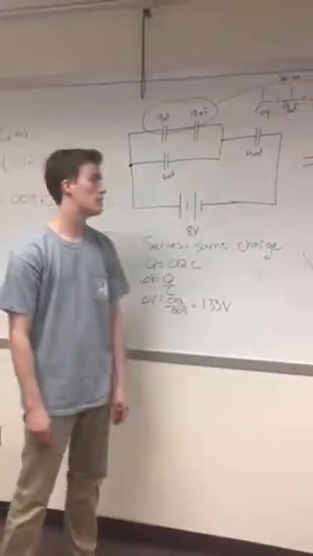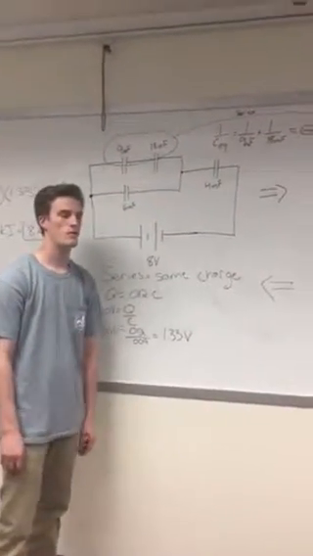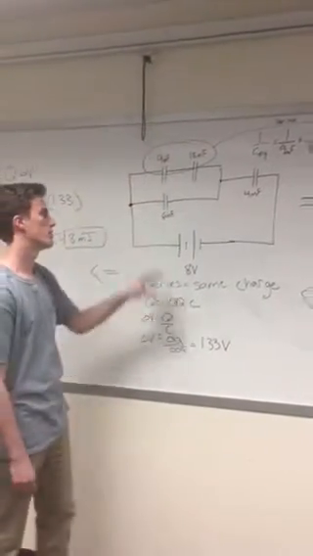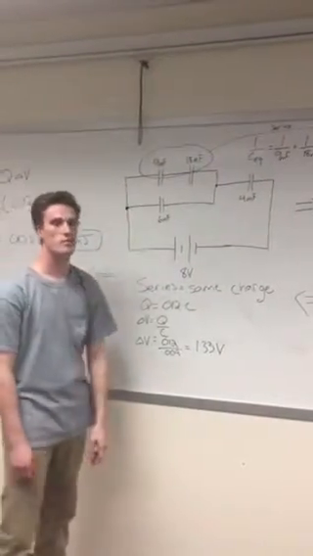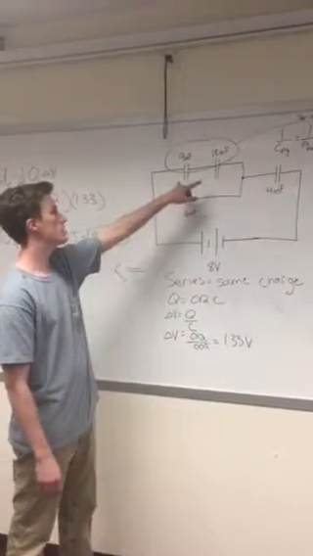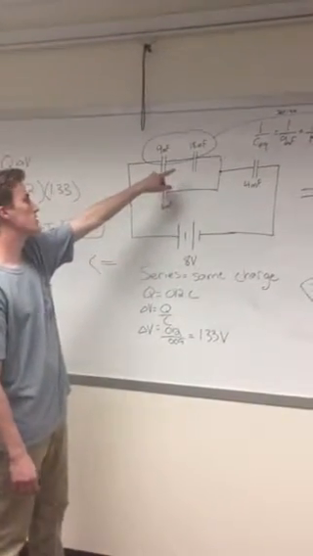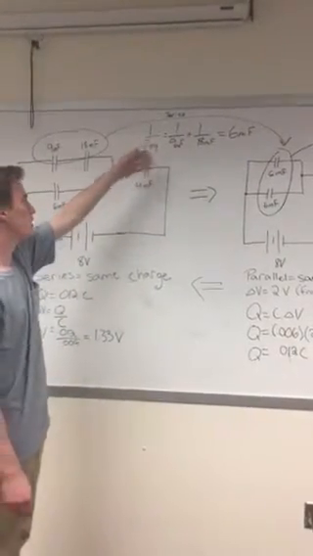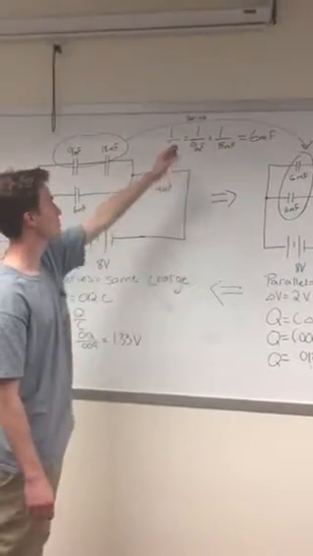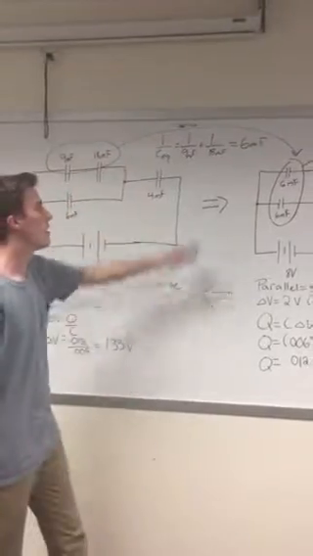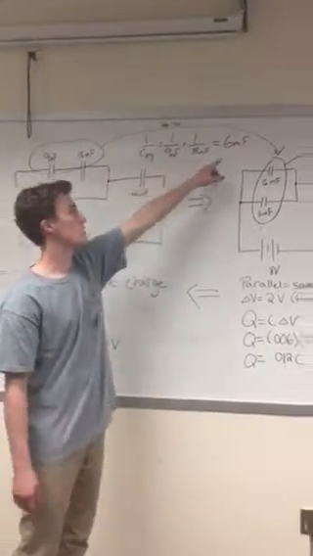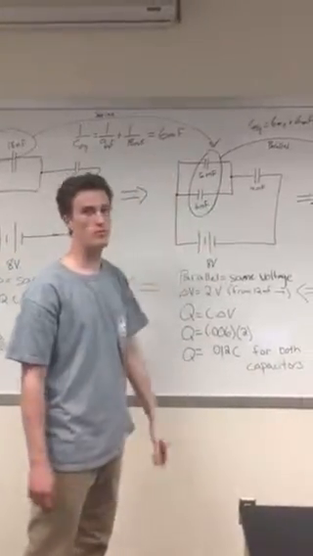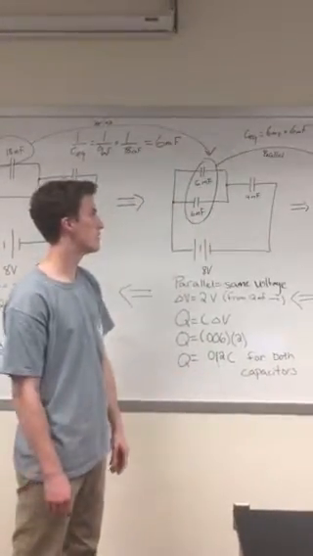All right, so for our problem, we have to find the energy stored in this capacitor. So we're left with this circuit diagram, and we're starting off with these two, and we know they're in series, so we can use this equation, 1 over the capacitance equals 1 over each of them. Just do some algebra, and you get 6,